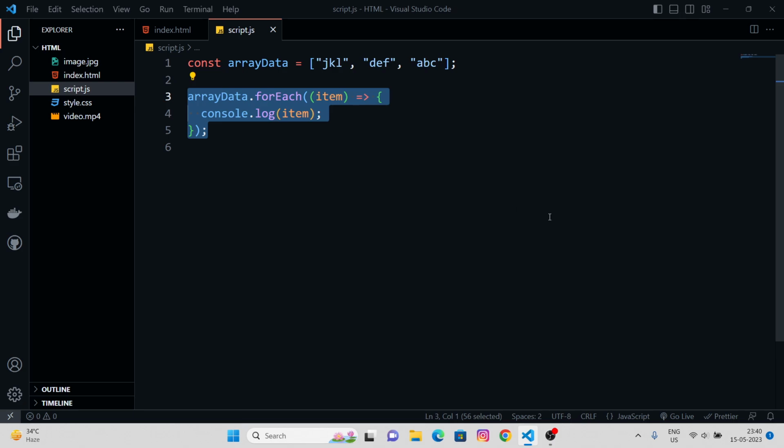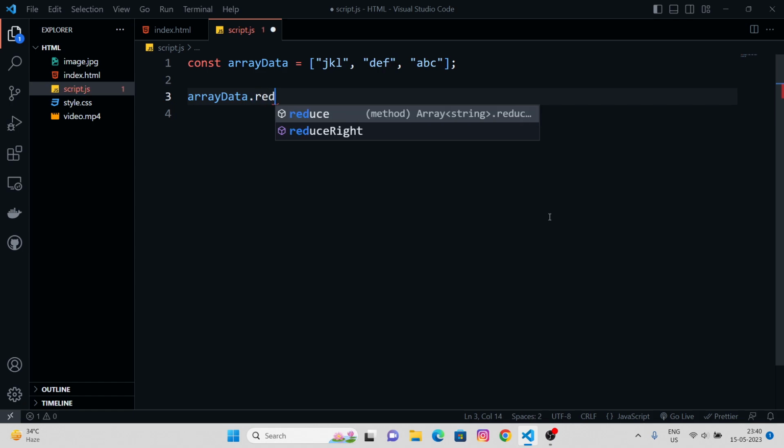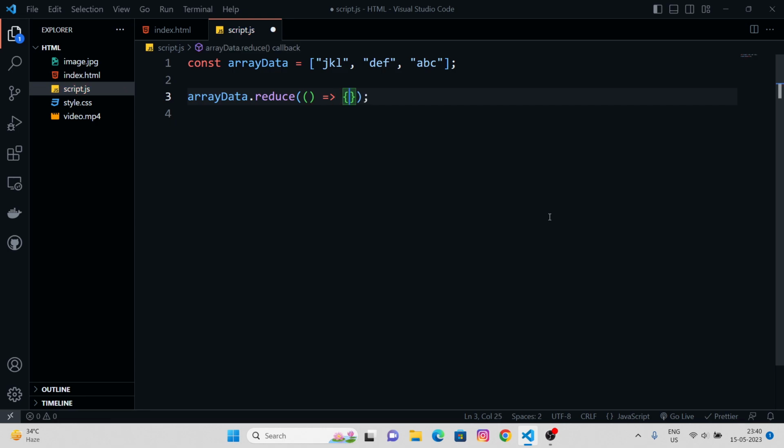So for that, let me just write some array data. Just make sure to pay attention over here, it's kind of a complex thing. We have reduce and a callback function. Now what the reduce function does is